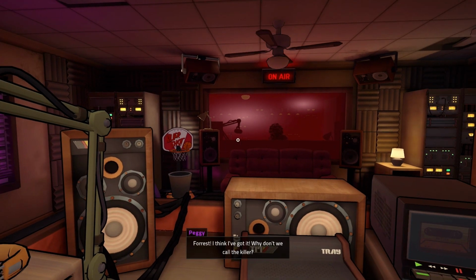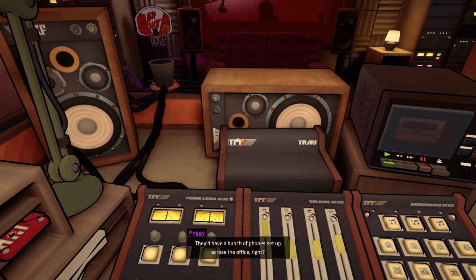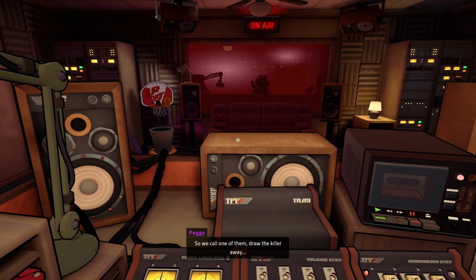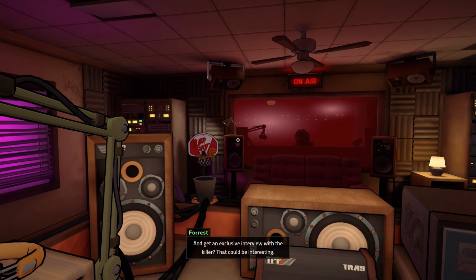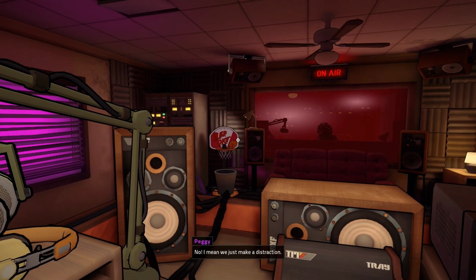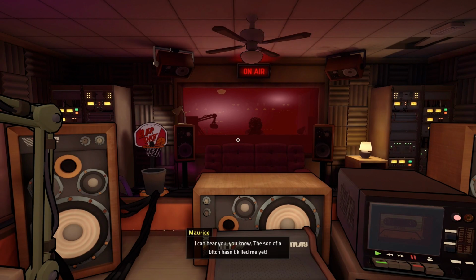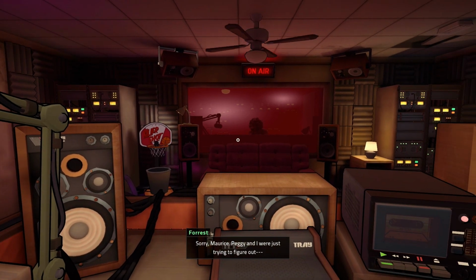Forrest, I think I've got it. Why don't we call the killer? They'd have a bunch of phones set up across the office, right? In different rooms, with different extensions? So we call one of them. Draw the killer away. Get an exclusive interview with the killer? Exclusive interview with the killer. That could be interesting. No, I mean we just make a distraction. It's worth a shot. I can hear you, you know. The son of a bitch hasn't killed me yet. Yeah, sorry, Maurice. Peggy and I were just trying to figure out...